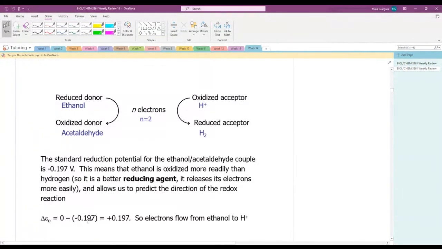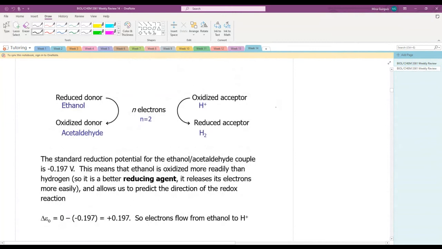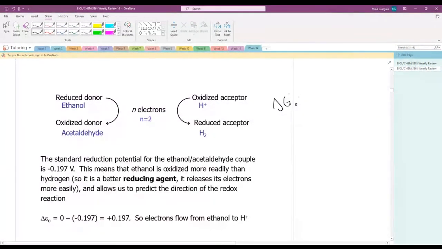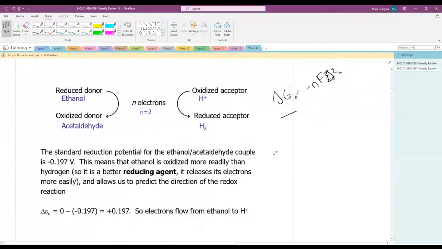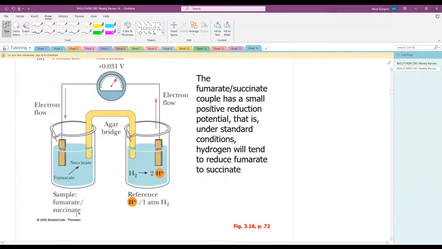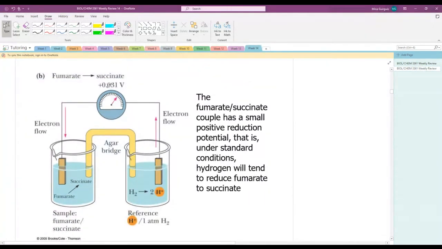And so that's why this value is here. They get subtracted from each other, and this gives us this. And if we were doing this, although this is a general chemistry topic more so than a biochemistry topic, we could plug in that delta epsilon naught and get this delta G value. Okay. All right. So in this case, we have fumarate to succinate, and this one tells us that the standard